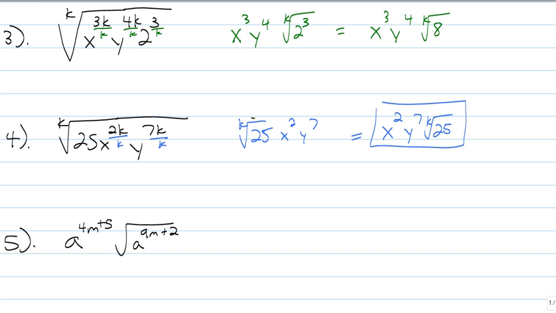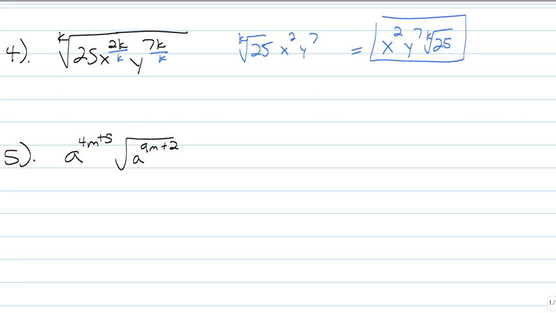Okay, next we have the last one. This one I like because it forces you to think about what's happening. I like to break these apart to just look at them. So I have a to the 4m, a to the 5th, square root of a to the 9m, a to the 2nd. Okay, I can pull 4 of these out, so that means I have a to the 4m times